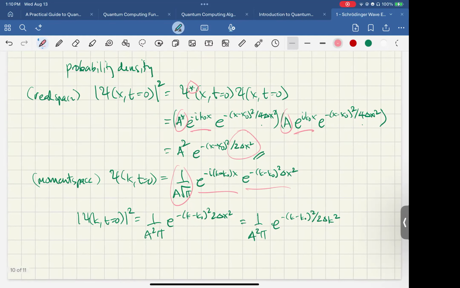And if we compare these two, we get delta k is equal to 1 over 2 delta x. Which means now, mathematically, we have delta k delta x is equal to 1/2. But if we multiply this by h bar,